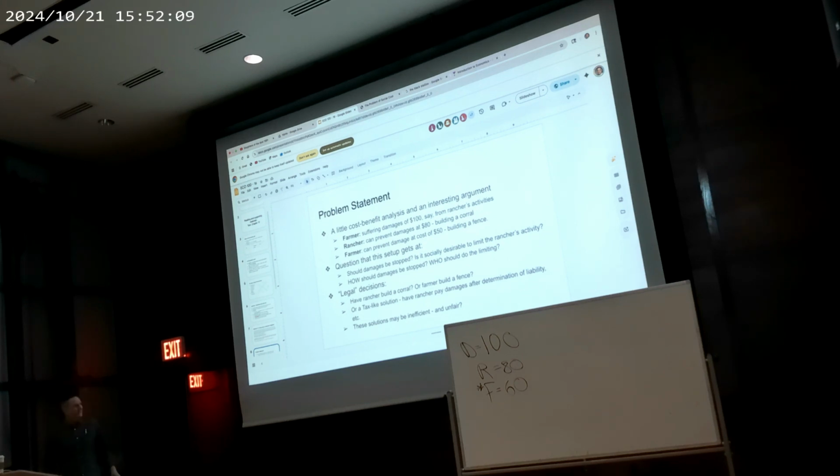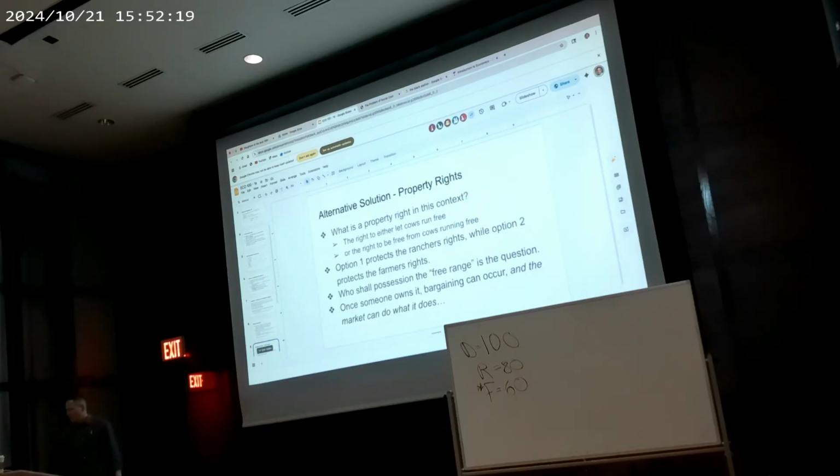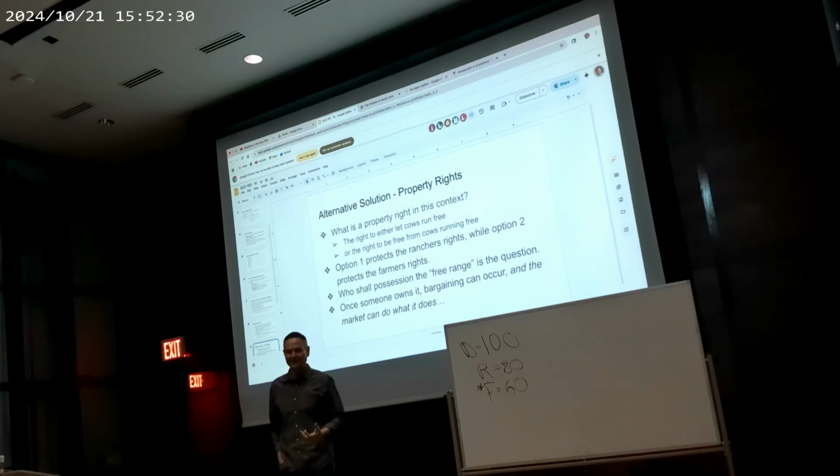Okay. So we run the risk, I guess, of doing something inefficient, right? Particularly if we make the rancher pay. Now, Coase says, no, that's all wrong. He says, you're thinking about this wrong, and if we think about this from a property rights perspective, right, that is to say,